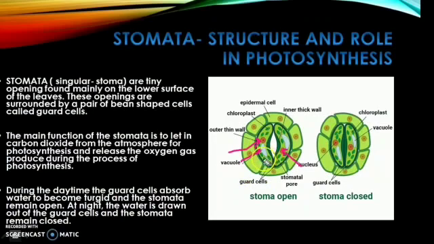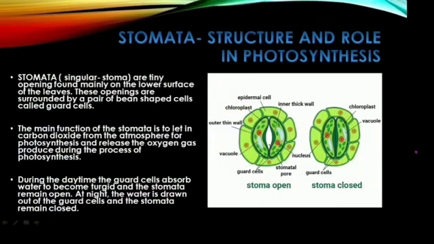These chloroplasts are the actual site of photosynthesis. Why so? Because the plastids contain the green pigment chlorophyll, which taps the sunlight for photosynthesis. So this is all about the guard cell and the stoma. Next to the guard cell, what can you see in the stomatal apparatus, children? You can see that the guard cells are surrounded by epidermal cells. Now, why are they surrounded by epidermal cells? Because the stomata are found on the epidermis of the leaf.